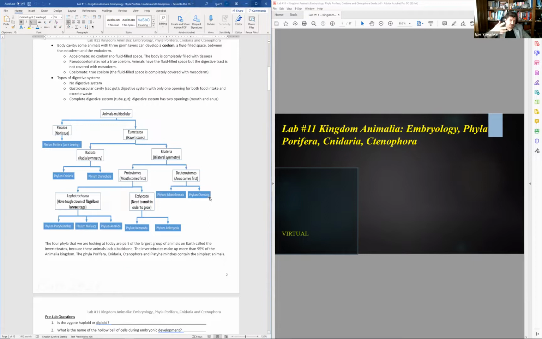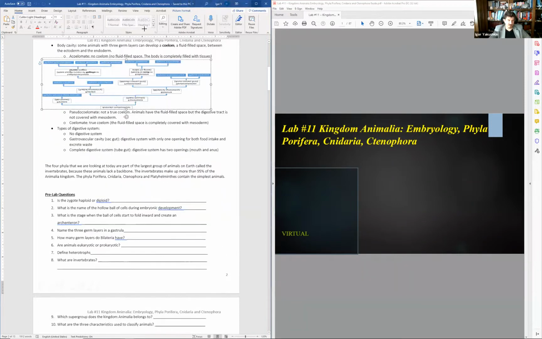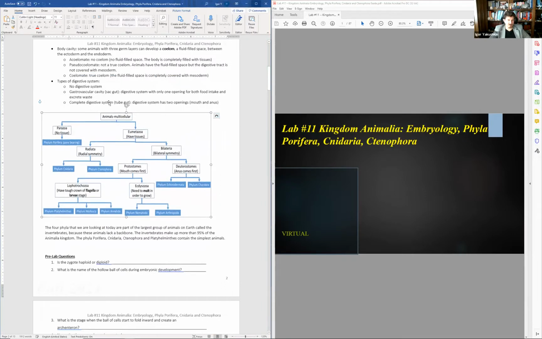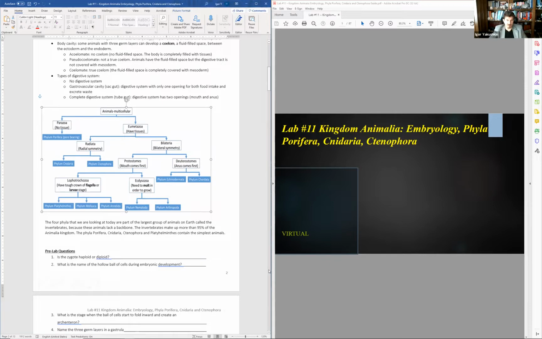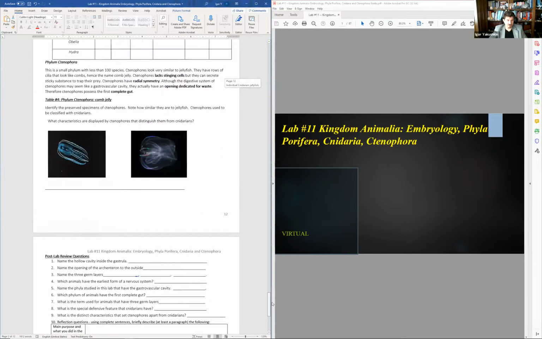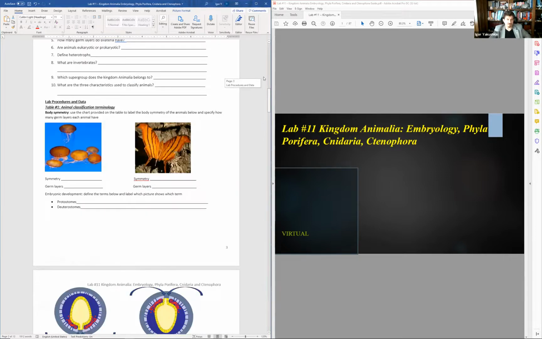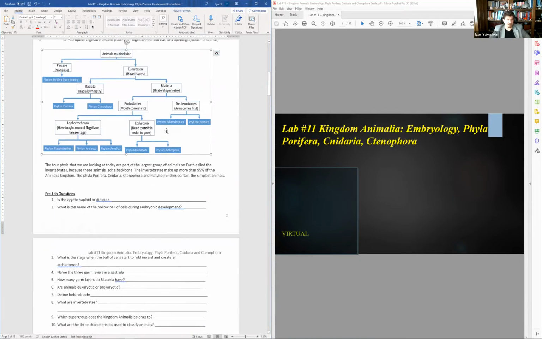kind of flip it over, not literally flipping over. Don't do something like this. I had students doing something like that before. No, I need something similar to that, but starting with animal multicellular on the very bottom part of next lab, I believe. Yes, not this lab, next lab. So anyway,